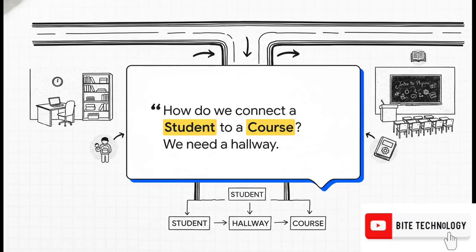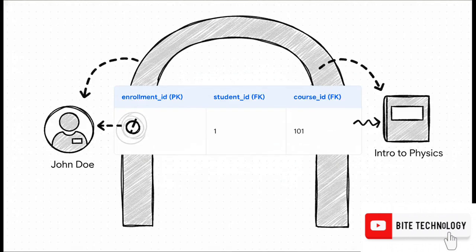So now the big question is, how do we show that John Doe is taking Intro to Physics? We've got a student room and we've got a course room, but there's no way to link them together. We need a hallway. And here it is. This is our